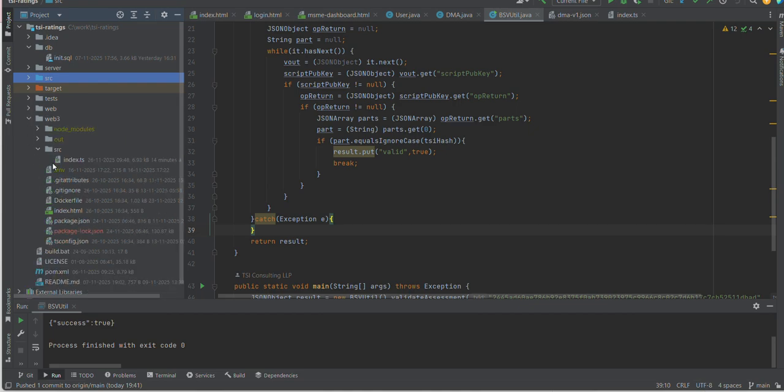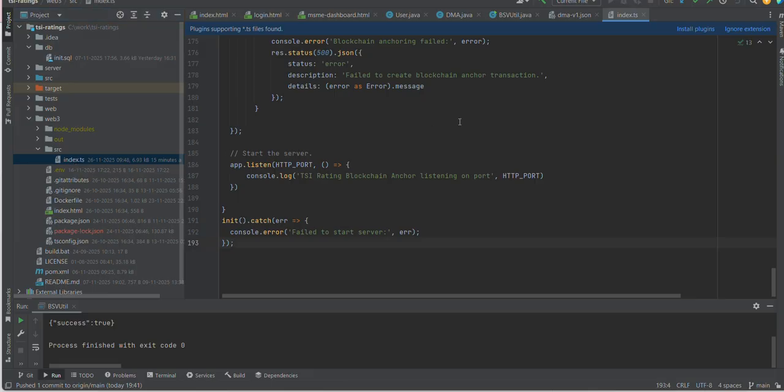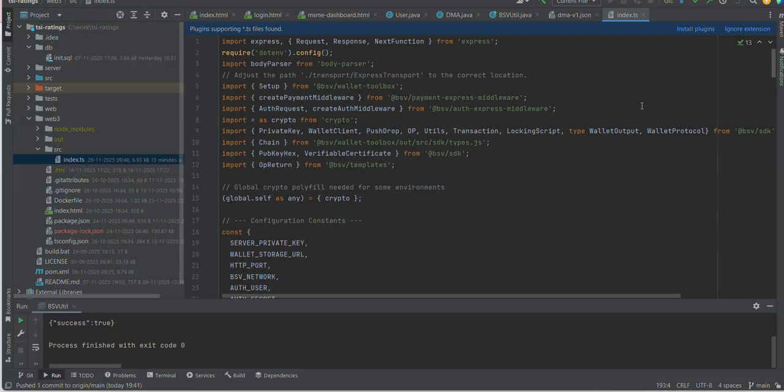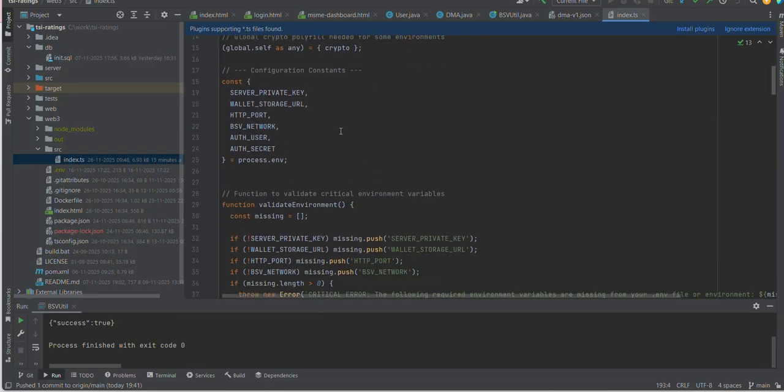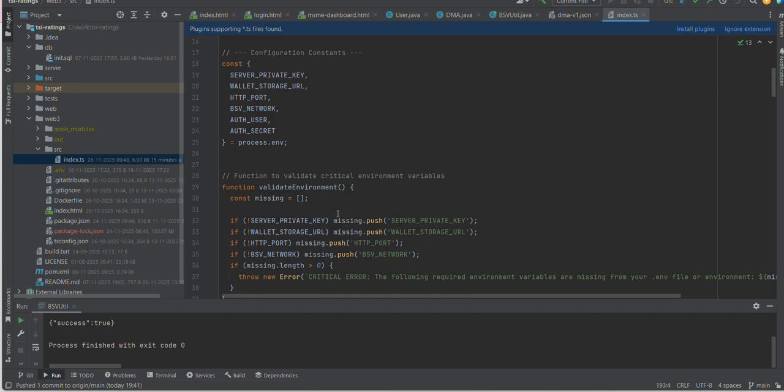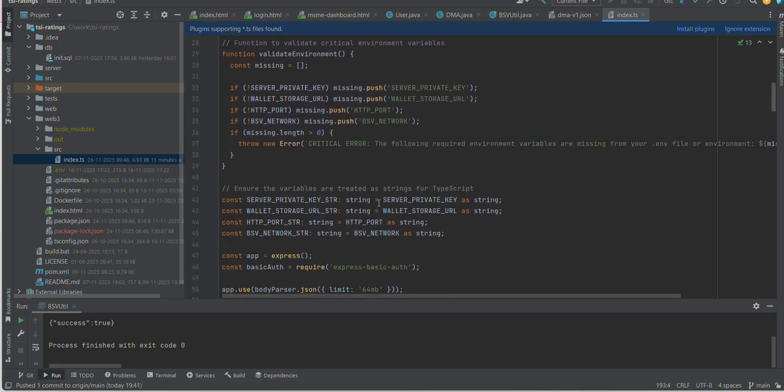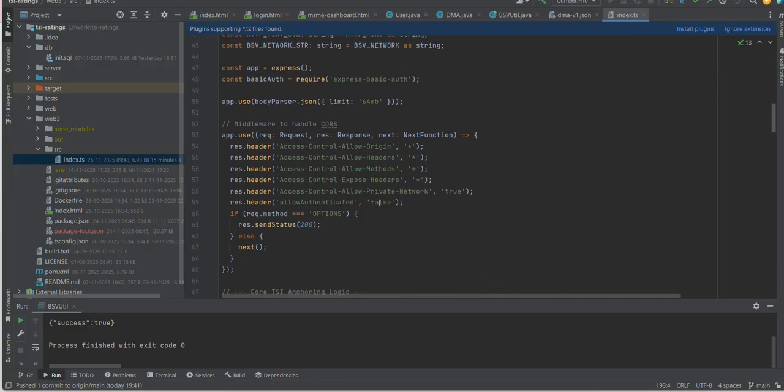The Web3 code, it's not the perfect recommended deployment architecture. But at the moment we have the Web3 files under the Web3 folder, and here we have this Express.js service. This Express.js service reads the key variables from the environment env file, and